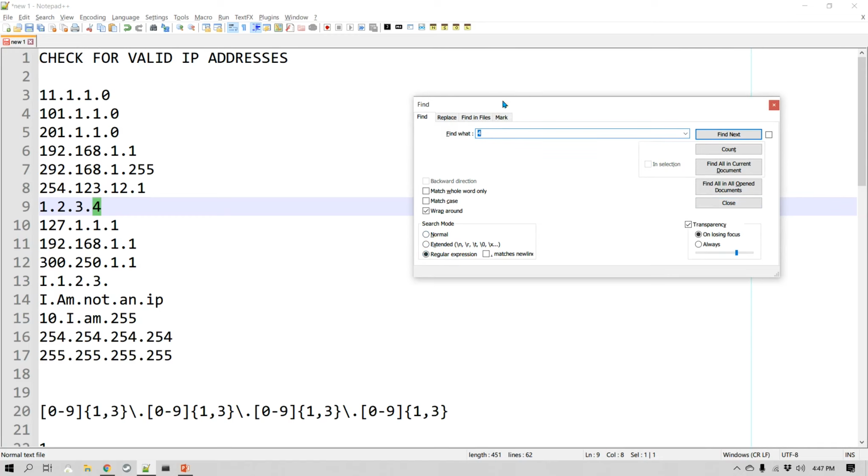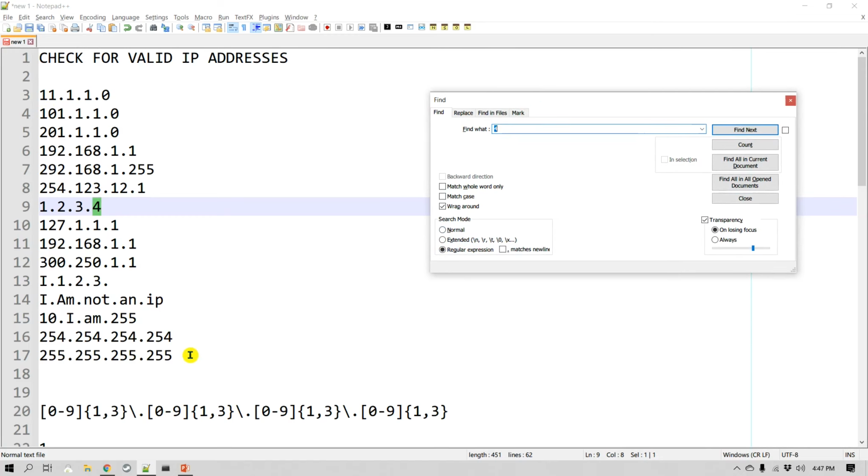Alright, so here is that list. Some of them are valid, some of them are invalid, and we want to test this using regular expression. Now the simplest way to just check for 4 numbers with a dot separator is I can do something like this. The number is 0 to 9, and these numbers are from 1 to 3 digits, followed by a dot, and I had to escape the dot.